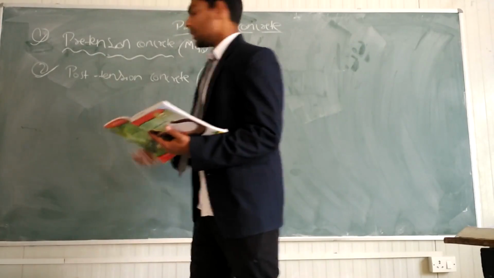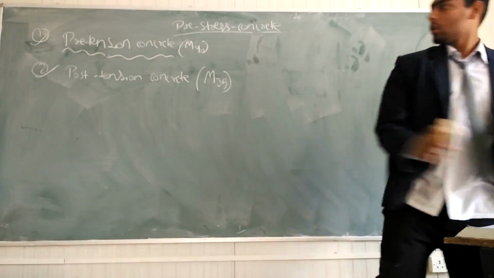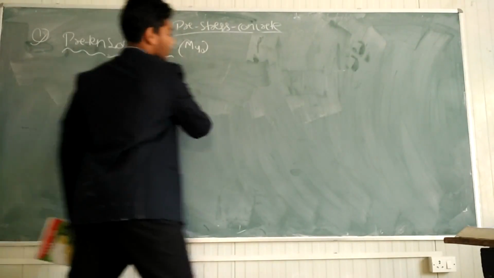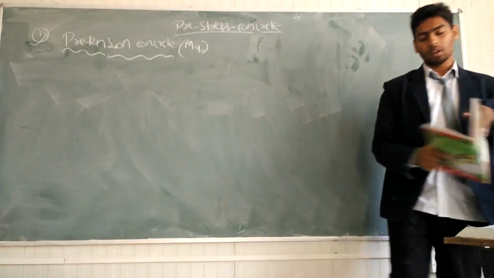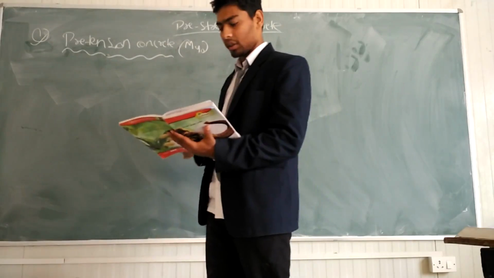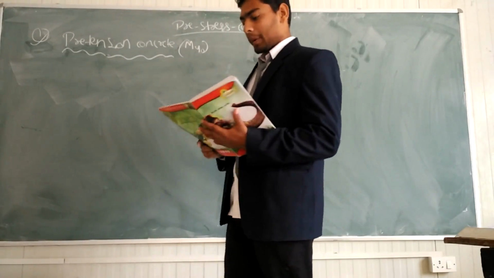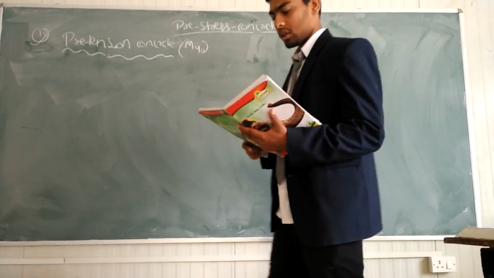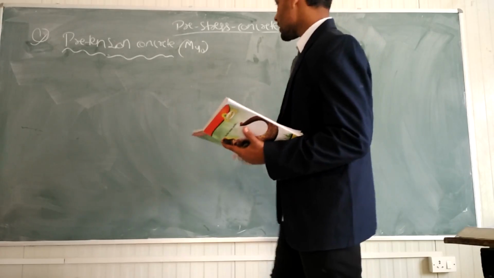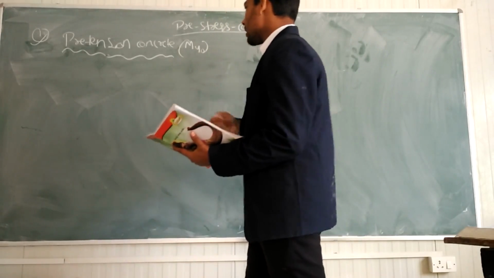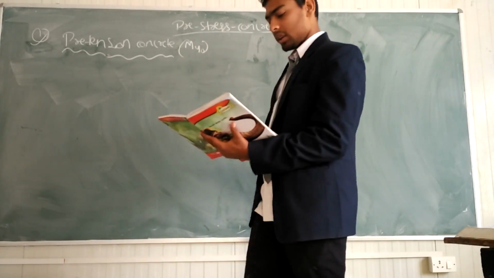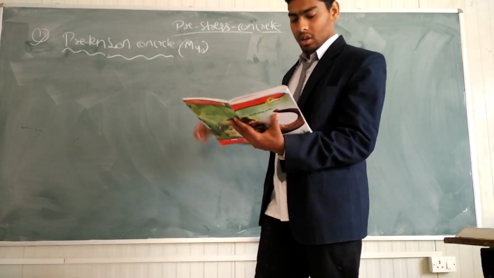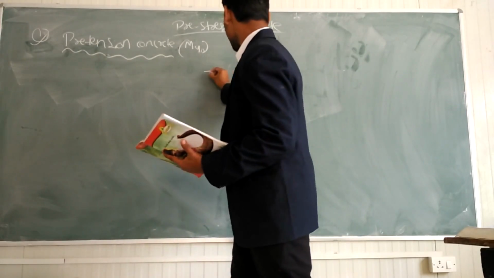Okay, so we take an example of the pre-tension concrete. How is the pre-tension concrete method useful for making the pre-stressed concrete? In pre-tensioning, the tension is applied to the tendon before casting of the concrete. Before studying the pre-tension concrete, there is a need to explain the tendon. So there is a new term in pre-stressed concrete, which is the tendon.